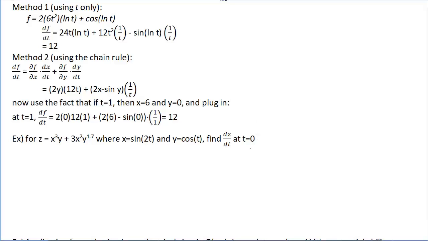So we know that x is going to be sine of 2 times 0. That's just sine of 0, so that's going to be 0. And then y is going to be cosine of 0, so that's just 1. So later on when I need my values for x and y, I have them. Okay, so now let's get back to it. So we need to find